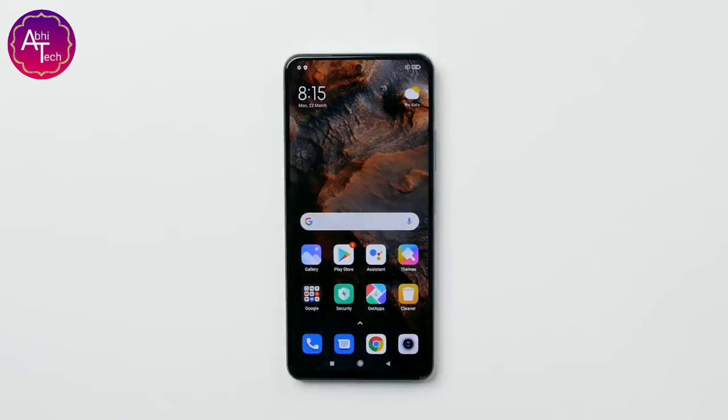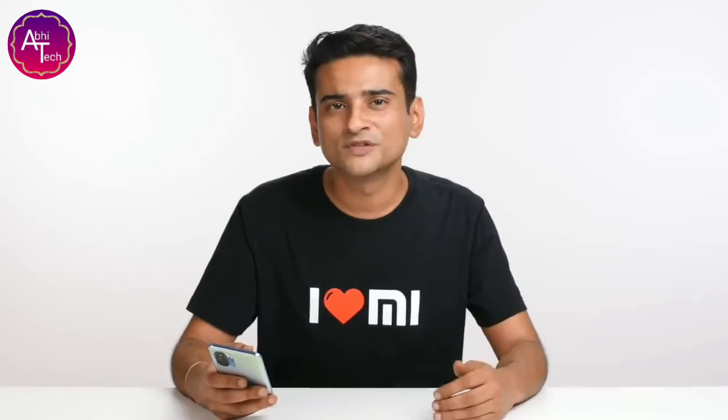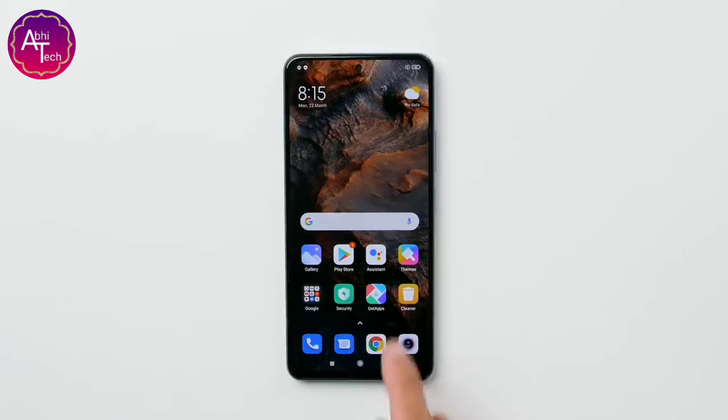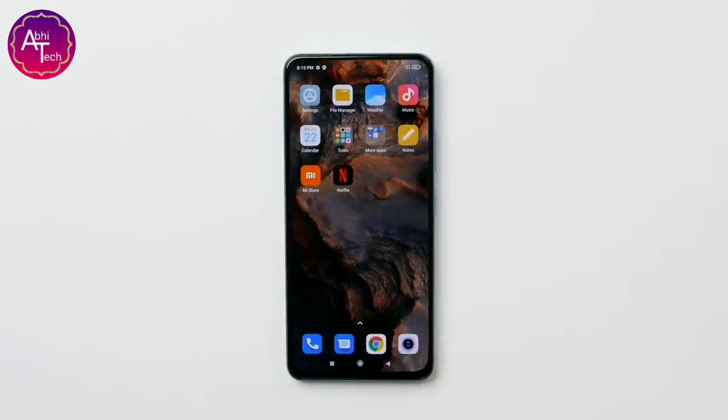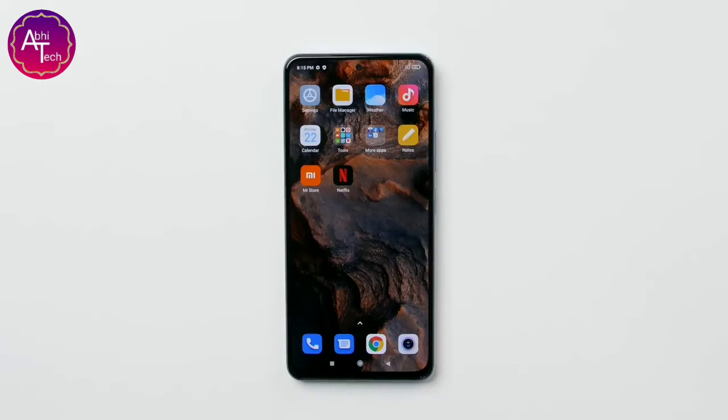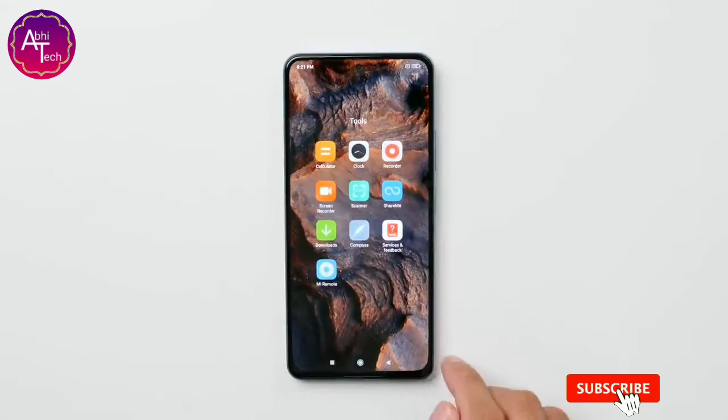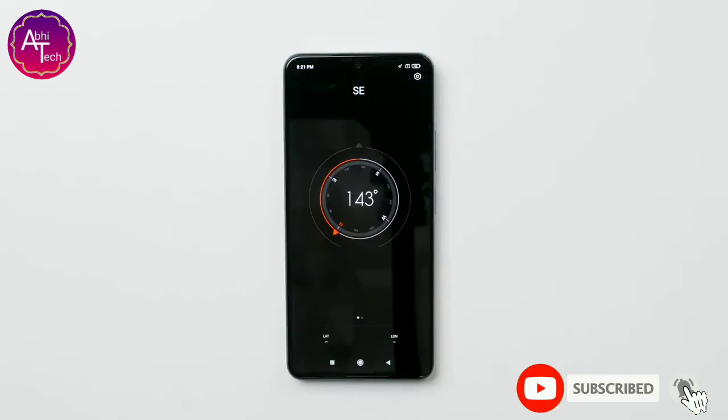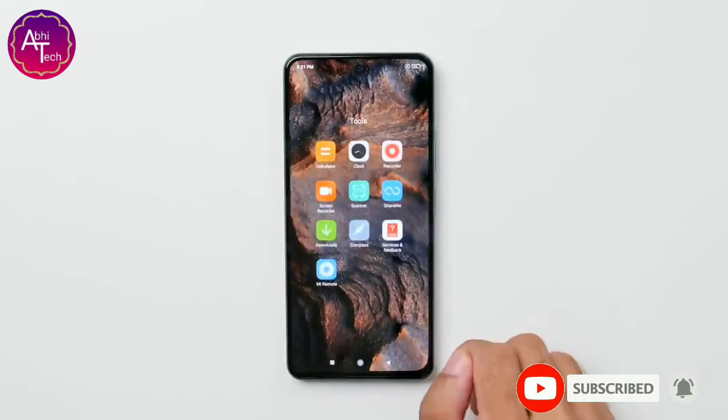All the other apps which you see on your screen right now, in addition to Get Apps, are just system apps, like the Gallery, the Security, Cleaner, Google Play Store, and the Google Suite of apps. For a cleaner look, you can also choose to remove these from your home screen. Now moving on to the second screen, you will find Notes, the Weather app, the Calendar, and other tools such as QR code scanner, Downloads tab, Compass, and the fan favorite Mi Remote, because your phone comes with an IR blaster.